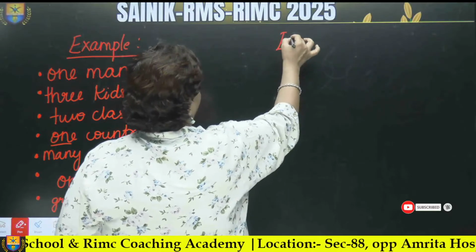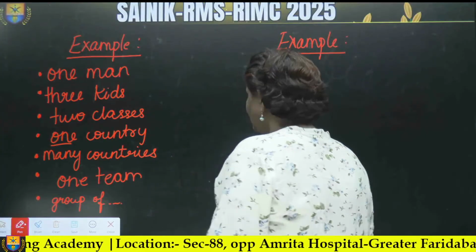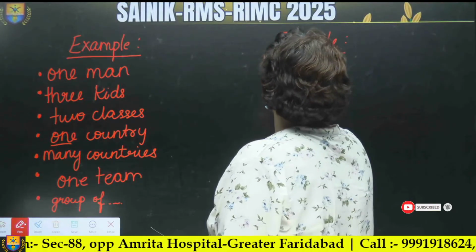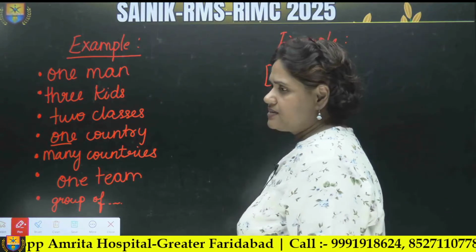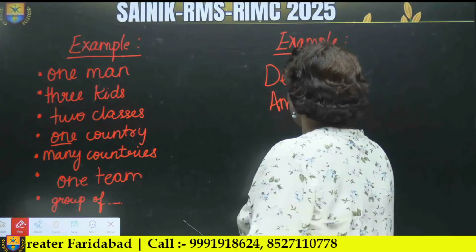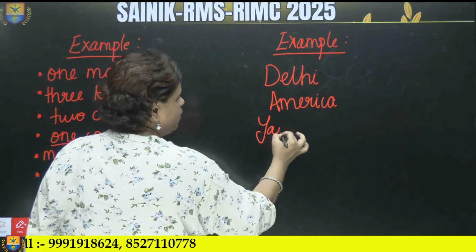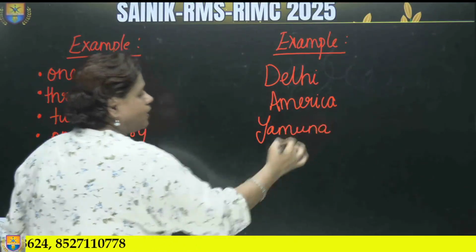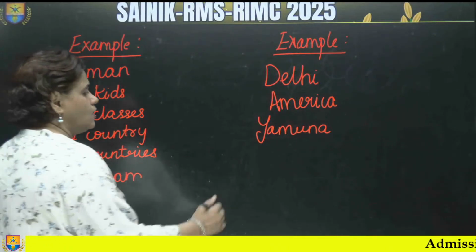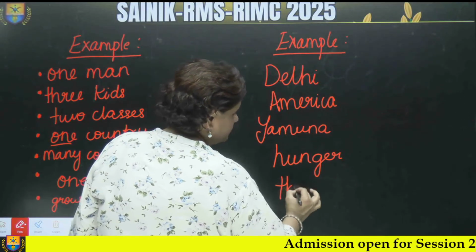Let us go for the examples of uncountable noun. Now what can you mention under uncountable nouns? Let us name it as a place or name of a country, name of a river. As rivers we cannot count. Our hunger, our thirst,